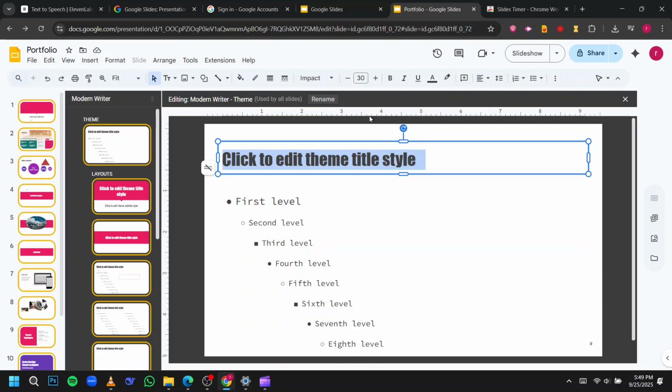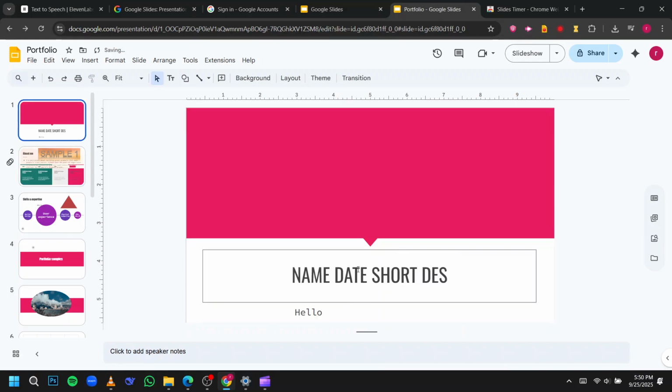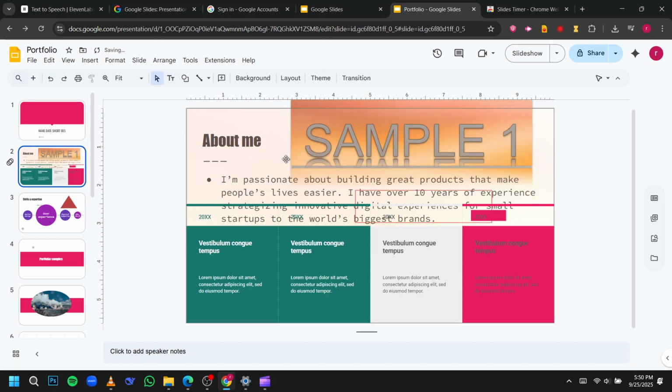Take a moment to click through the different layout slides in the left panel and update them too if needed, so every type of slide, title slides, section headers, content slides, stays consistent. Once you're happy with the changes, simply click the X at the top right to exit the master view. Now, when you flip through your presentation, you'll notice that the font has been updated across every slide automatically, saving you the hassle of changing them one by one.